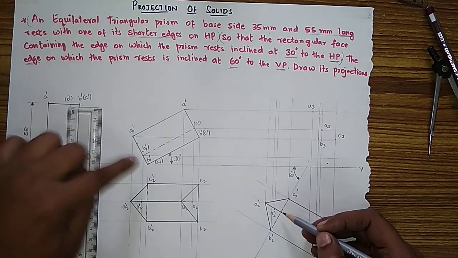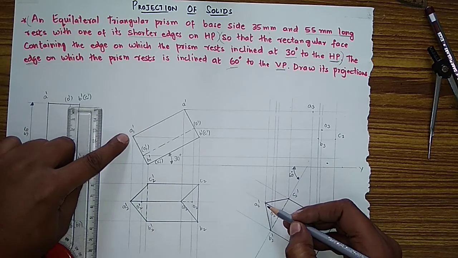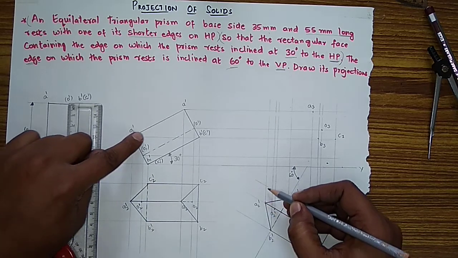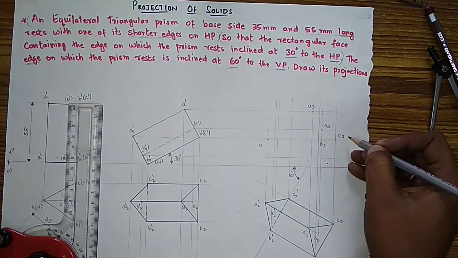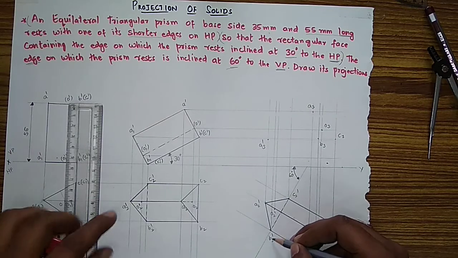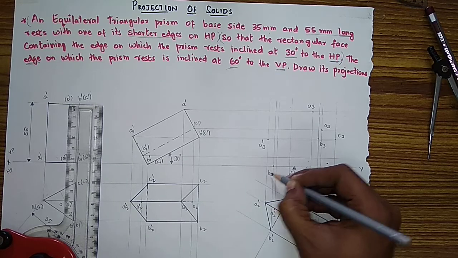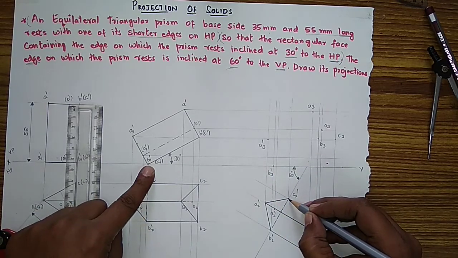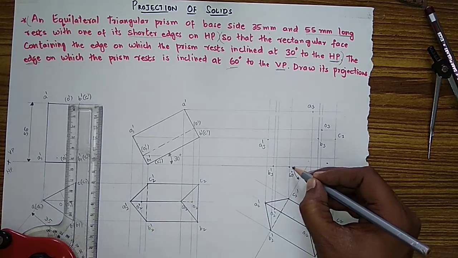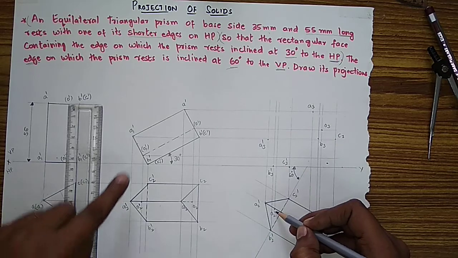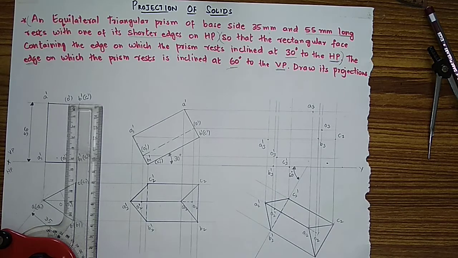Then these points and these downwards points, I will see where it is meeting and put a point. A2 dash, A1 dash, where it is meeting here, I have written A3, B3, C3 here. A3 dash. B2 dash, B1 dash, where it is meeting here, B3 dash. Then C2 dash, C1 dash, where it is meeting here, this is C3 dash. The last O2 dash, O1 dash, where it is meeting here, O3 dash. All 8 points I have removed.